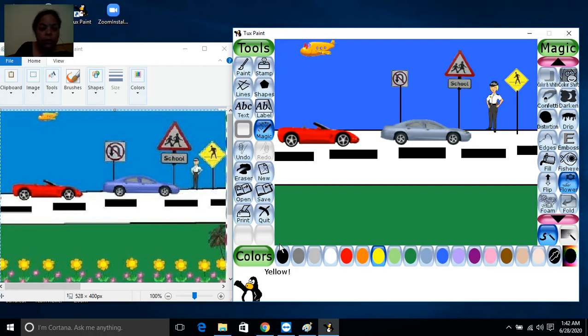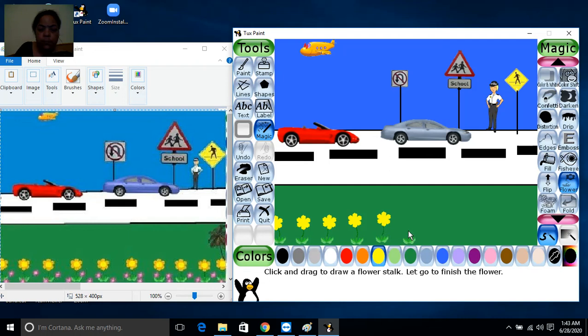So we will draw 10 flowers here. 1, 2, 3, 4, 5, 6, 7, 8, 9, and the last one is